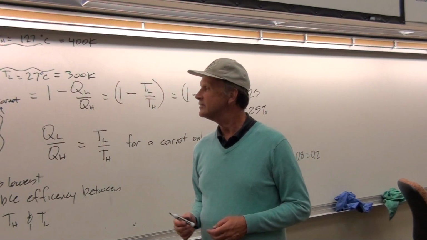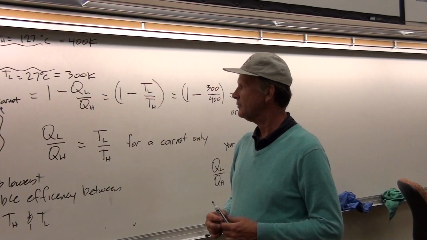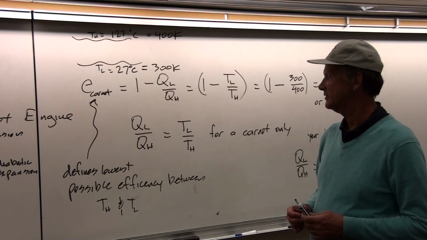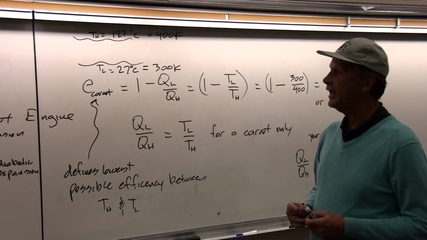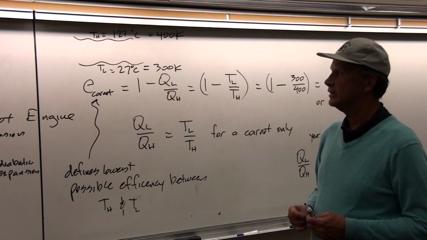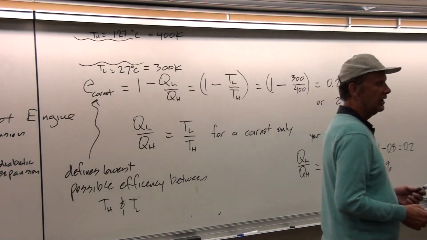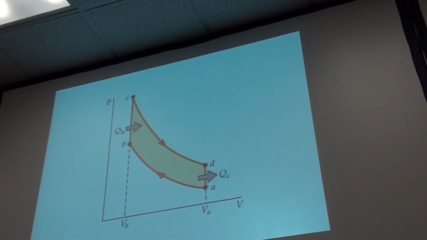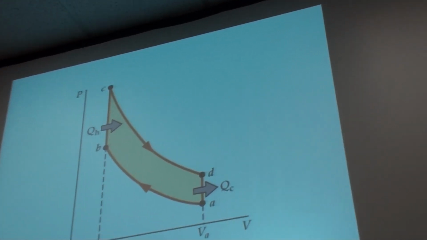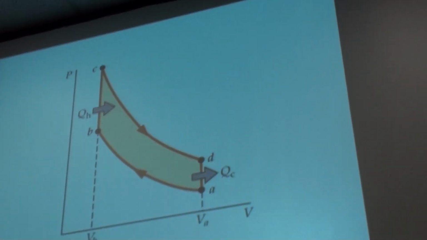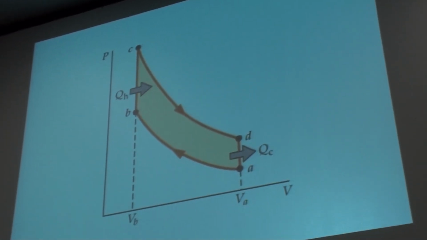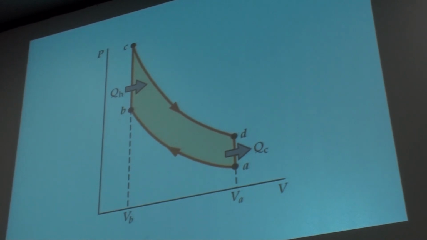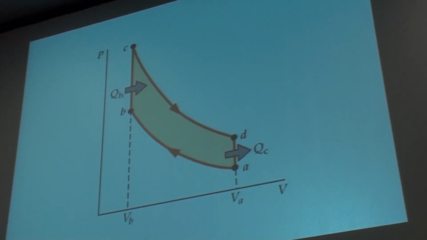Okay. And so that's the way that oftentimes we compare efficiencies of different thermodynamic processes to each other and also to the Carnot cycle. And so let's look at a more practical example. Look up at the data projector. This is called the Otto cycle, which is the cycle for the internal combustion engine. I'm just going to go over this conceptually, not actually going to punch out any numbers, but I think it is a useful example to look at.